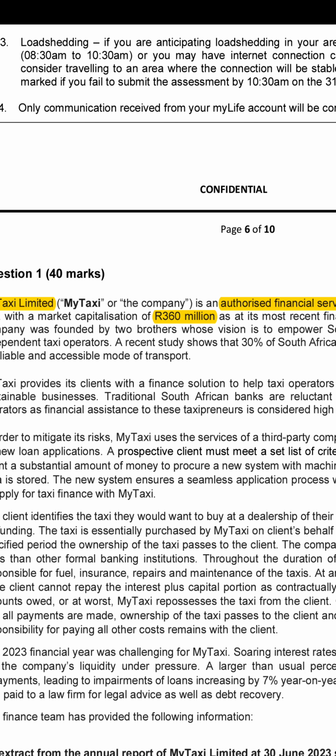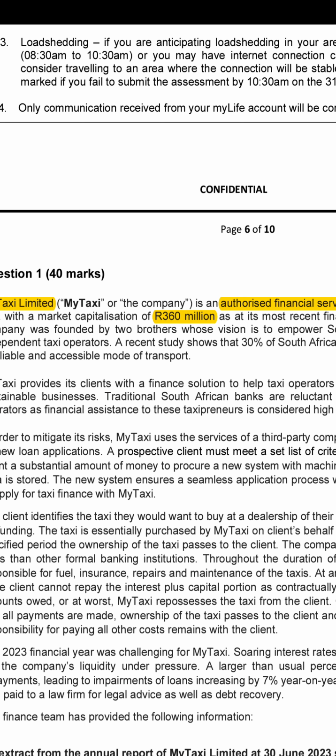This information is given for the purposes of breaking down what this industry is looking like. If 30% of South Africans do prefer this as a reliable and accessible mode of transport, it's telling us in an indirect way